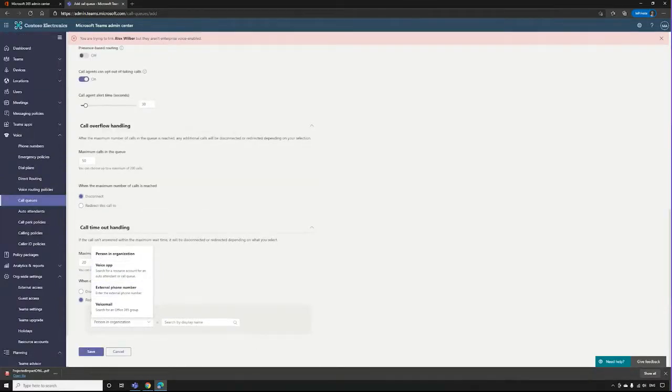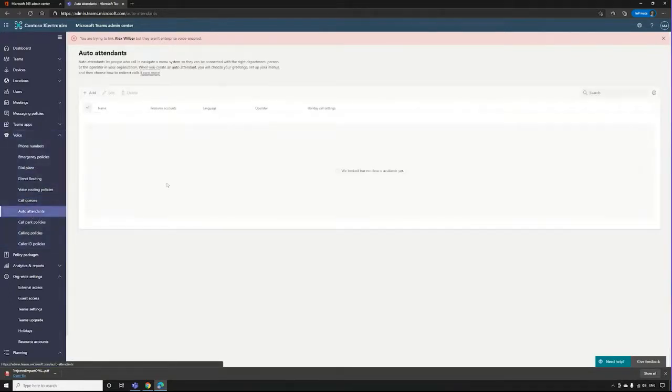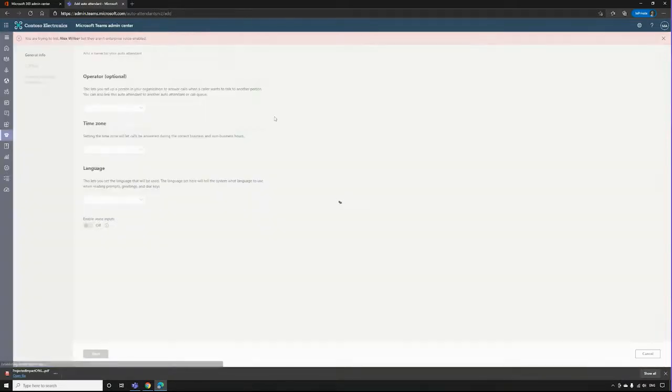So let's now look at AutoAttendants. So an AutoAttendant is effectively a system that will allow callers to move through a menu system to get to the right user or department that they want to speak to. So an example being giving a user an audio prompt to press a certain button to reach, say, marketing or sales or a certain department within the organisation. So if we click add, we can go through and create